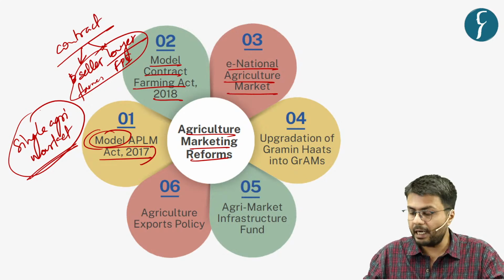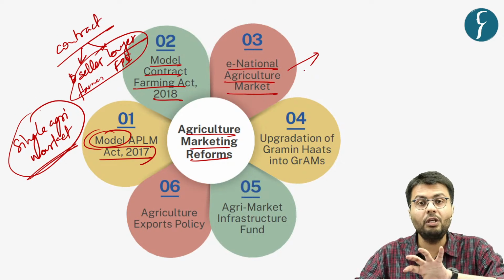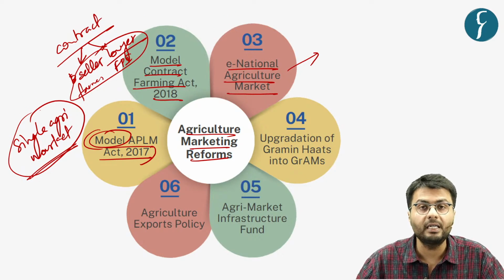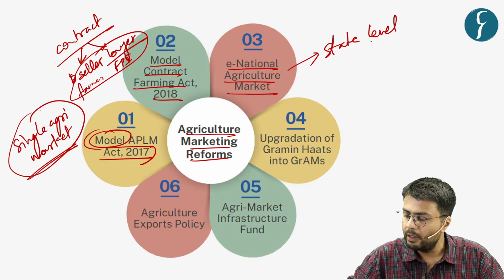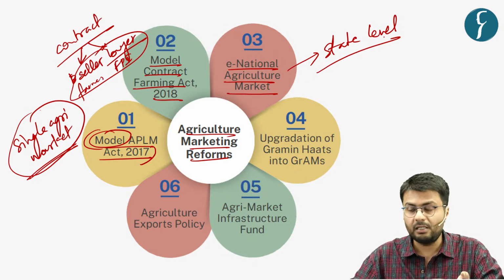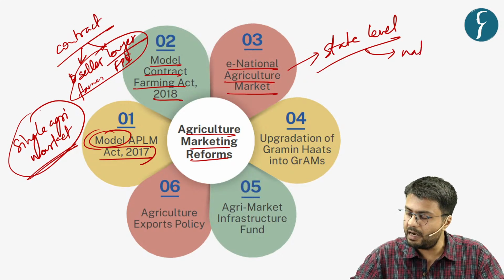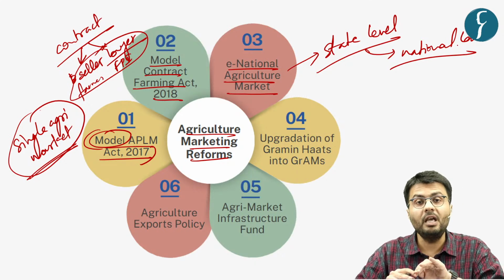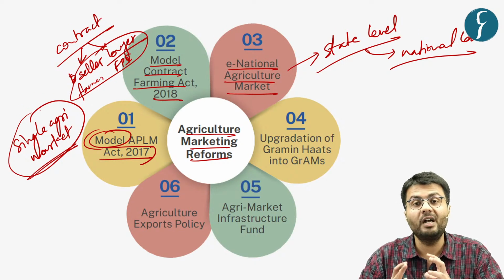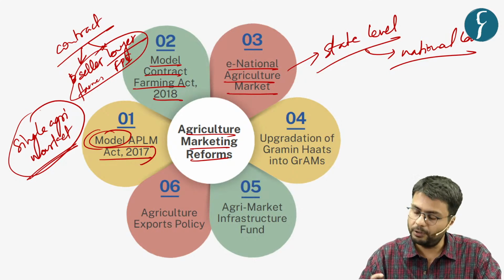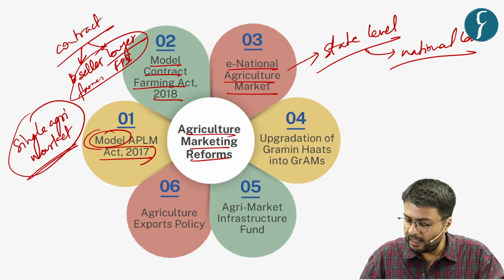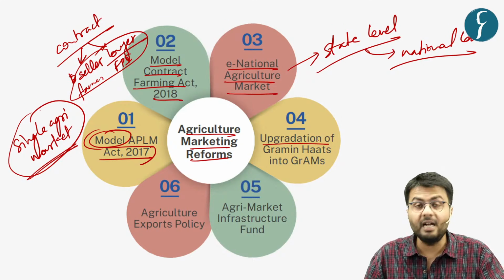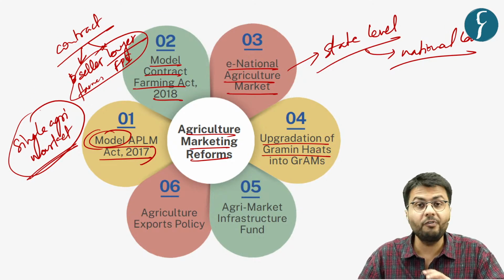However, in practice, the unification of the agricultural market has currently only been achieved at the state level, and the reforms suggest that it should be undertaken at a national level at the earliest possible time to achieve the entire unification of the country's agricultural markets. Understood. Now, the fourth step in this regard is that the government is currently undertaking the upgradation of village markets, which